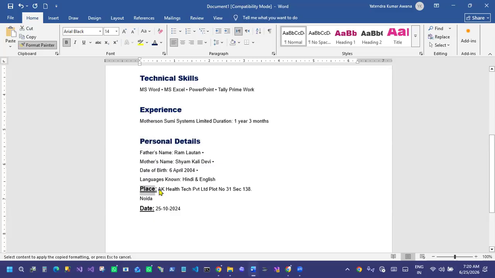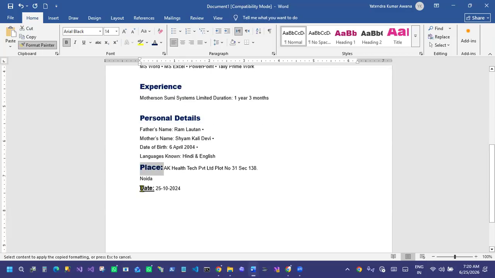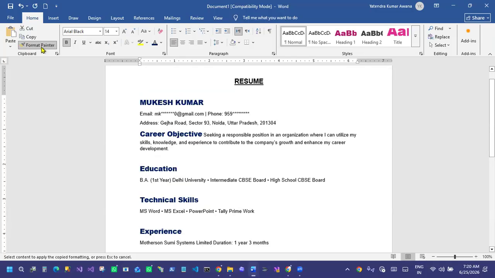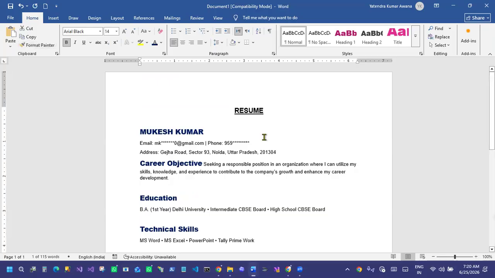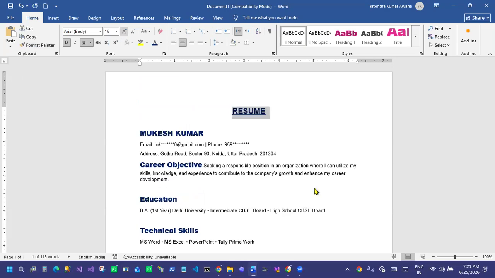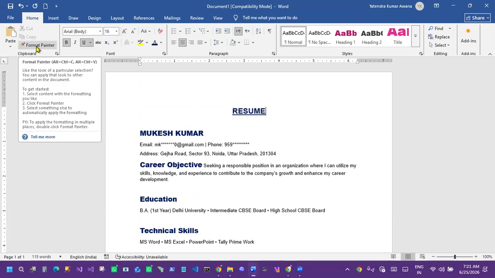Now you can think how easy and how professional a way I am applying the style. You can see. Got it? So this is the use of Format Painter. What is the use of Format Painter? Just hold the mouse on that particular option and it will give you the best definition of that option.